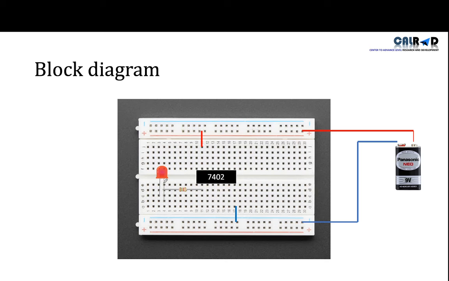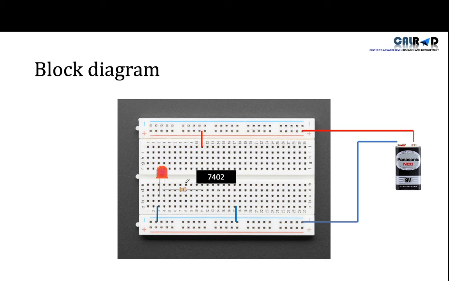One leg of LED is positive, that is the long leg, and the other leg is negative, that is the short leg. So we will connect this long leg on this hole, because this hole is connected with the resistor. This means the resistor is connected with the positive terminal of the LED, and the negative terminal of the LED is connected in another hole, because here we have to give the negative charge. And how will we give negative charge? Like this, because here it will connect with this, and this is the negative charge. So this step is also completed.